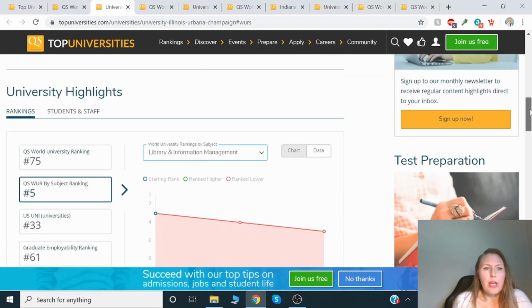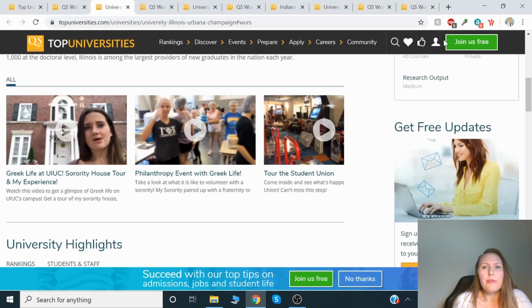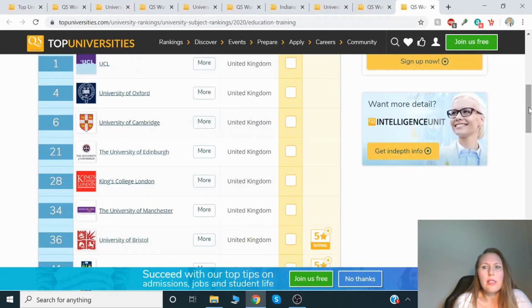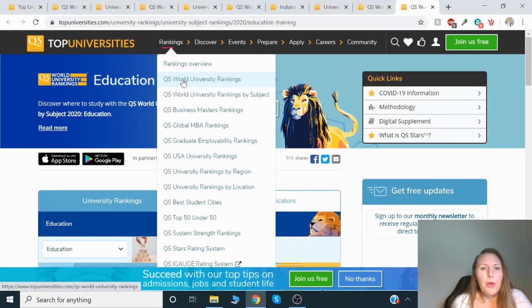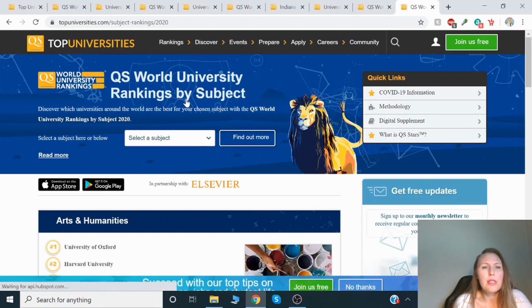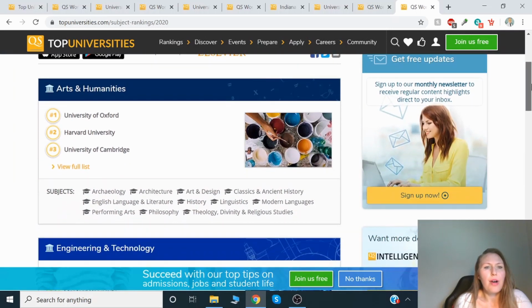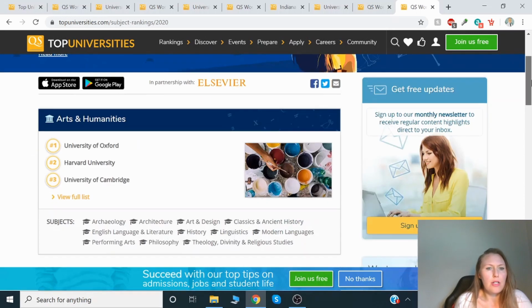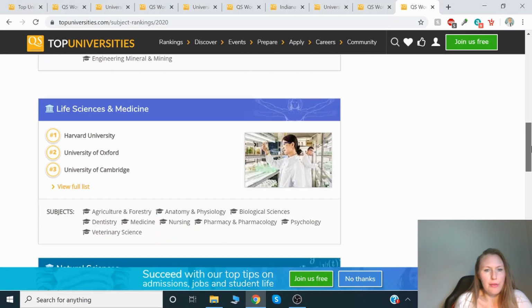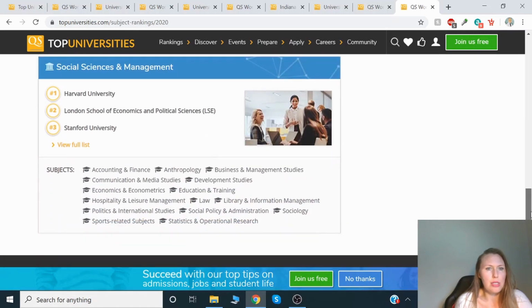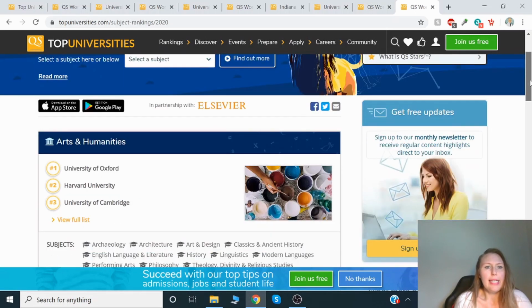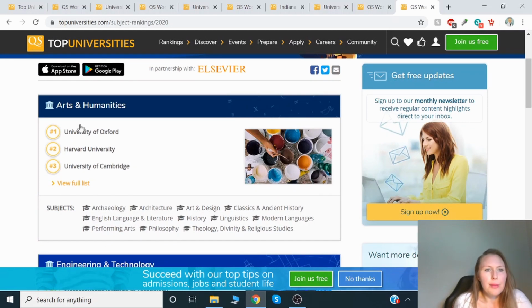And speaking of subject rankings, if you're interested in a particular field, you can use subject rankings. For example, we go back to the rankings by subject, and it takes us to the page with subject rankings. So we can see that QS has 5 broad fields, like arts and humanities, engineering and technology, life sciences and medicine, natural sciences, social sciences and management. And each of these broad fields has top institutions here and